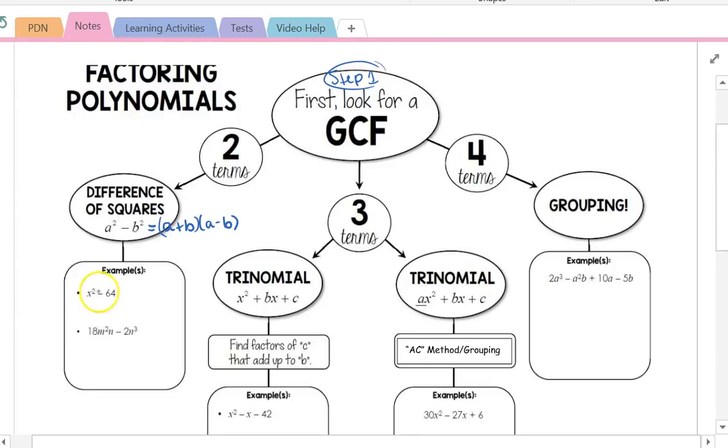Okay, so if I have x squared minus 64, 1 and 64 don't have anything in common. Square root of x squared is just x. Square root of 64 is 8. So x plus 8, x minus 8. If I look at